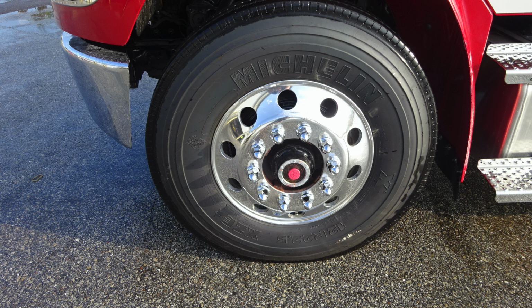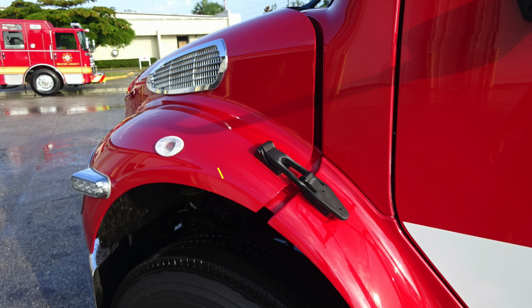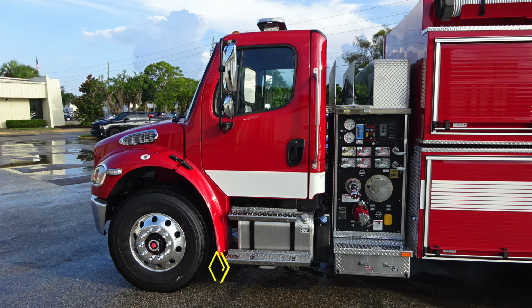Let's move from this location up to the very rear section of the fender where you'll find the release mechanism for the hood. As we now move to the cab, I'd like to identify a few items. Just underneath the step areas you'll find perimeter lighting, 2 steps to gain access into the cab, a door